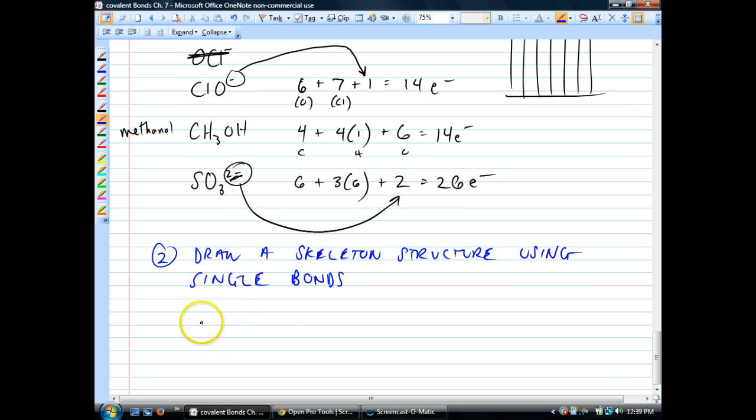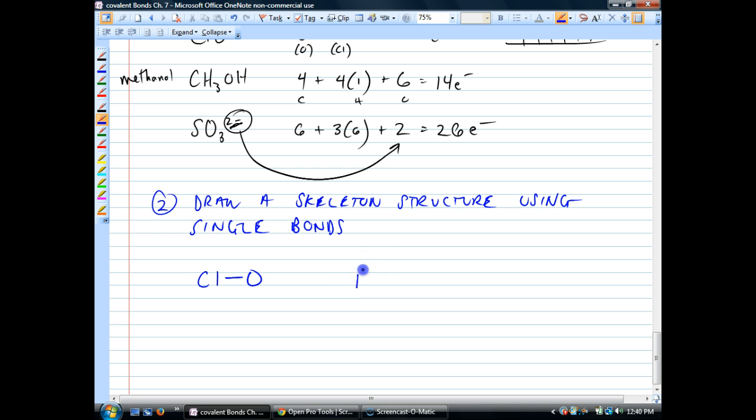And so that'll look like that for the first one, ClO. For the second one, we'll have this. And for the third one,